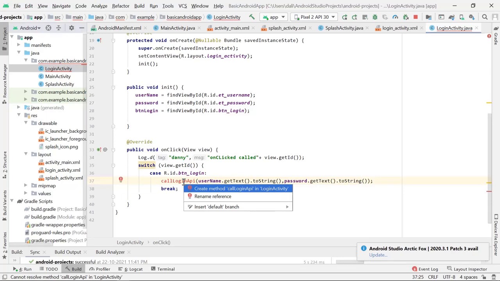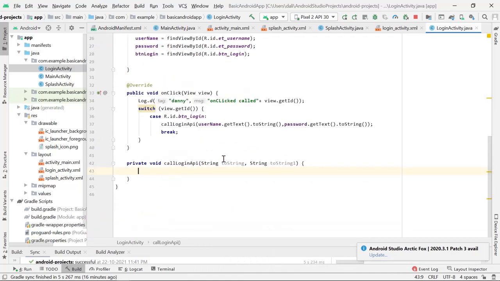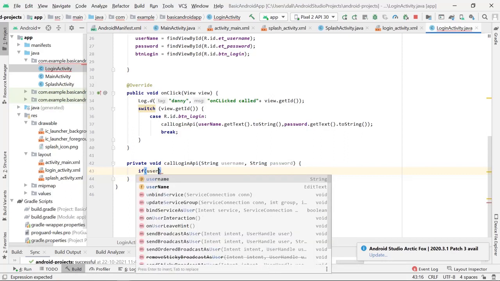So create the method here. Here it has been created. We need to provide the type of whatever we are passing in the parameter, we need to typecast, then only it will work in Java. So here this is username and this is password. Currently we'll hard code some values. Okay, so if username